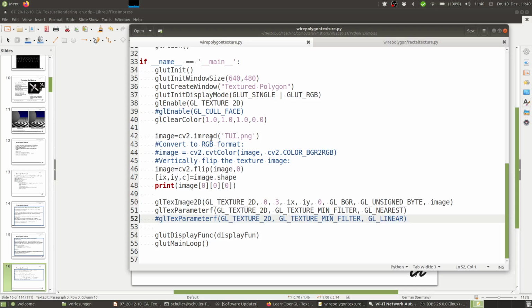And here I'm reading the image. So this is the TU Ilmenau logo. Here I'm doing the flipping to get the right ordering of the coordinates. And here I get the coordinate range. Here I'm defining the mode. Here we have the BGR for the primary colors, unsigned byte, and here I'm connecting the image array to our